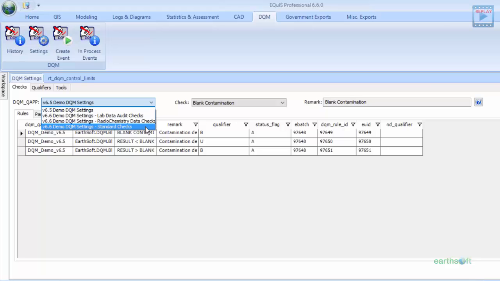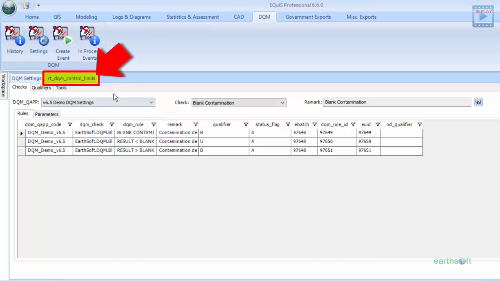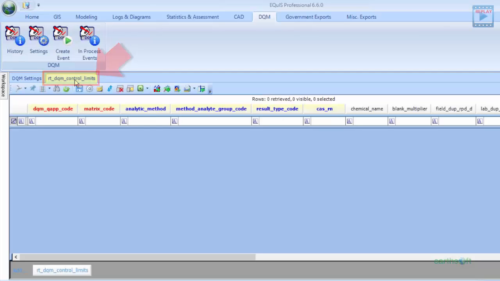So if you had the DQM settings pretty well in hand before, there's not really a lot of changes to that, with the exception of the introduction of our RT DQM control limits table. And this table allows you, as I said before, to add your QAP code and matrix code information and essentially define all sorts of additional information in terms of your